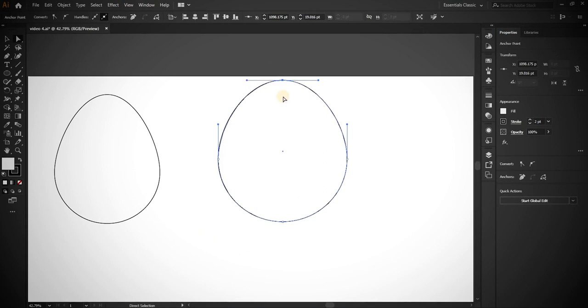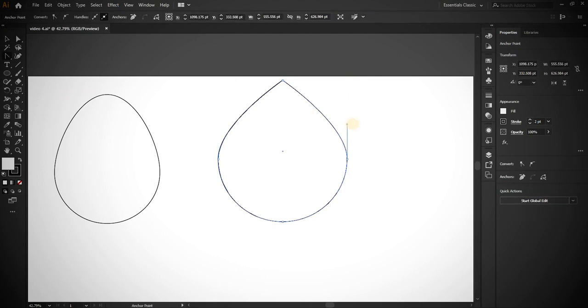So, what we want to do now is that we want to draw a water droplet using this little ellipse. For that, we have to convert this anchor point into a sharp anchor point. We can do that using the Anchor Point tool. If you don't know about the Anchor Point tool, just click on the I button on the top right corner to watch my previous video. So, let's select the anchor point tool using the keyboard shortcut, Shift+C. If we click on this anchor point, you will notice that it has lost its curvature. So, this is our water droplet now.